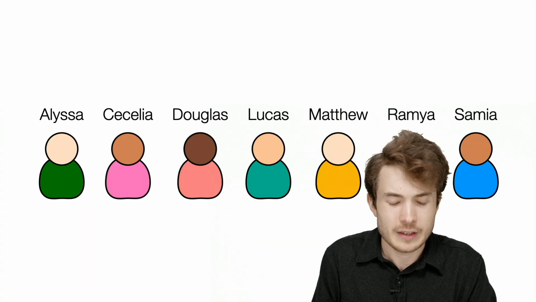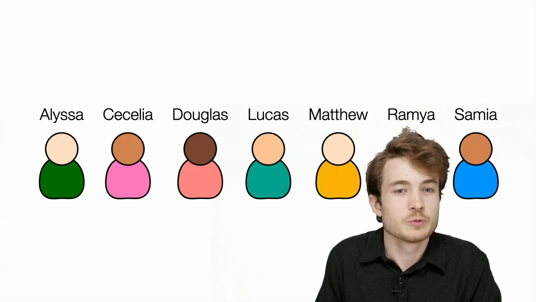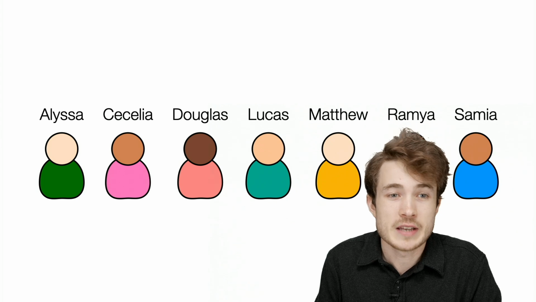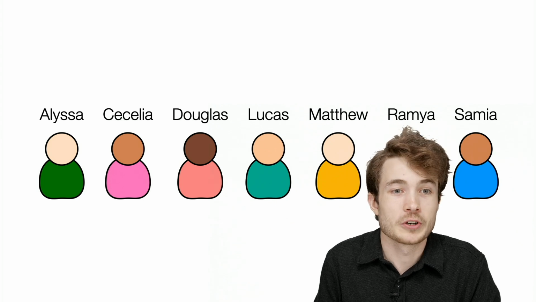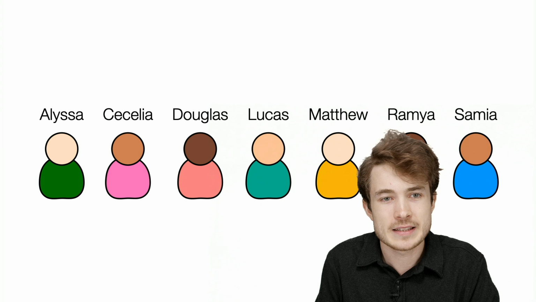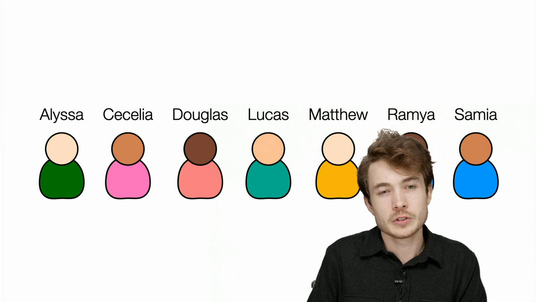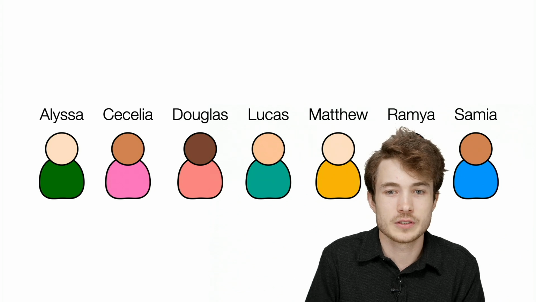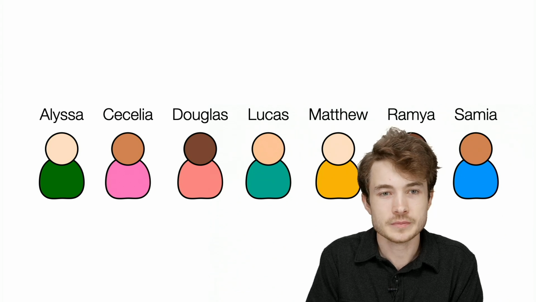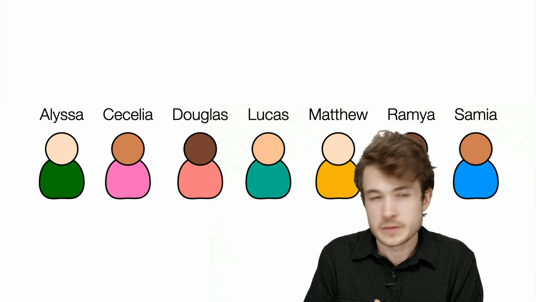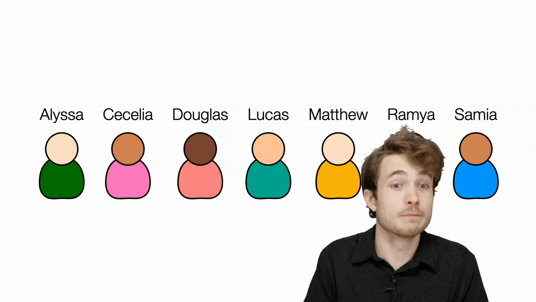So let's imagine then we go back and turn on all the lights, and we have people, in this case, rearranged. So notice how their names are in alphabetical order. We have Alyssa, then Cecilia, then Douglas, then Lucas. What kind of algorithm could we use now to search for Alyssa? We saw this in lecture 2. So I'm seeing some people say this idea of binary search.